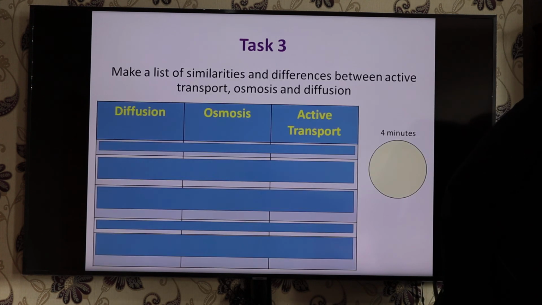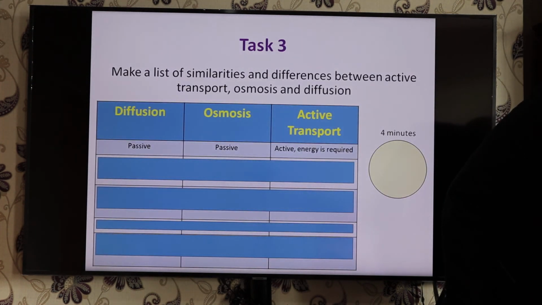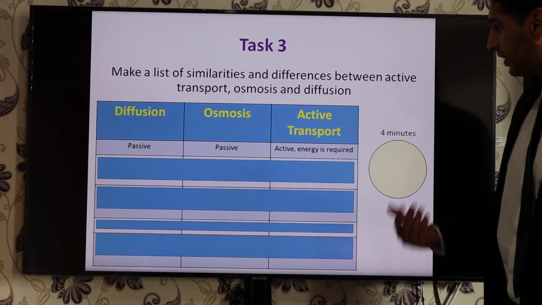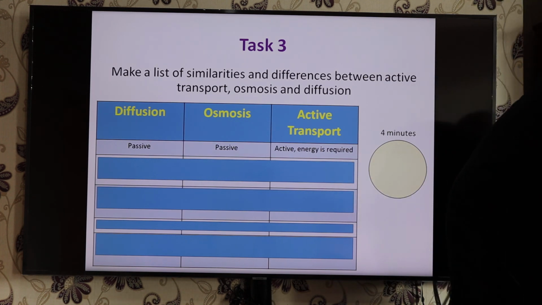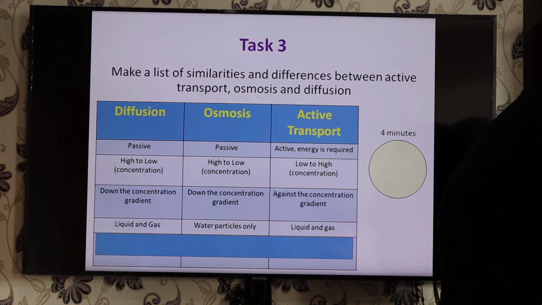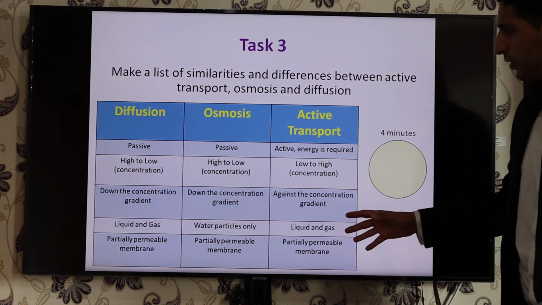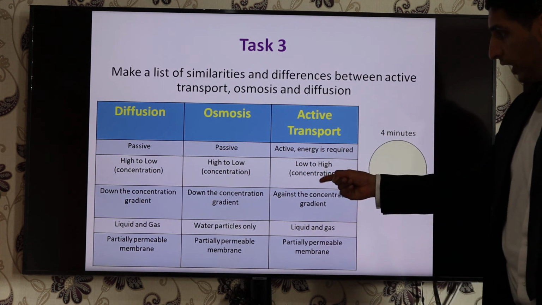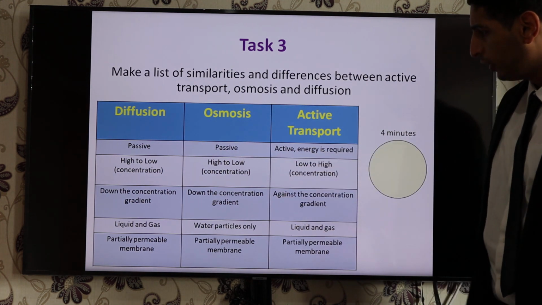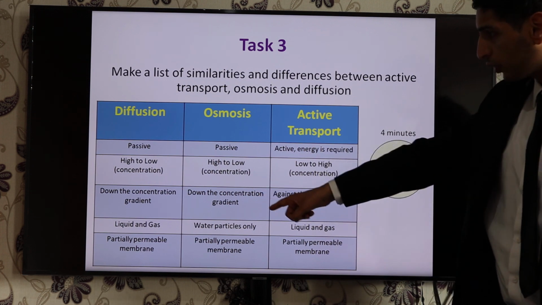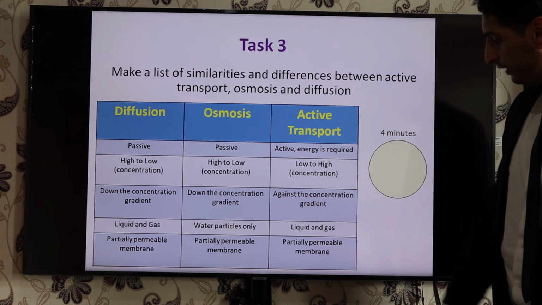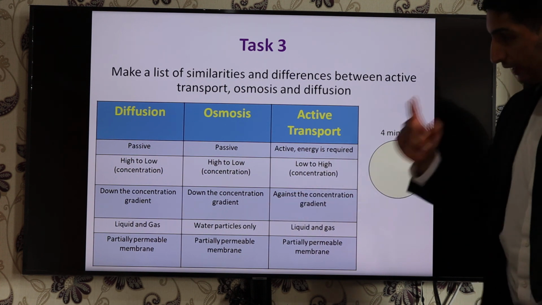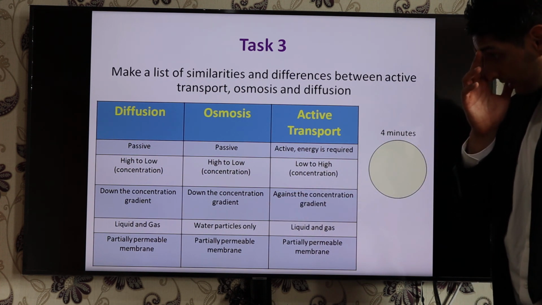Hopefully by the end of today's lesson you have a clear understanding of active transport, osmosis and diffusion. Now I'll show you a quick table to summarize all the different types. This one's low to high. Remember, those two are high to low. Those two go down a concentration. This one goes against. This happens in liquids and gases. That happens in water, mostly, and that's with liquids and gases. And at the bottom,